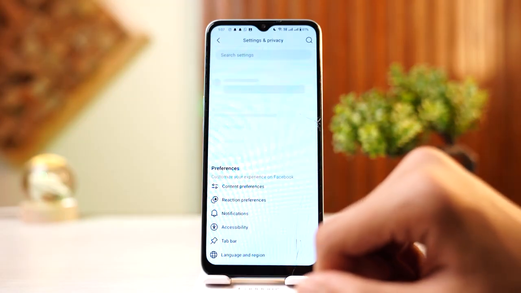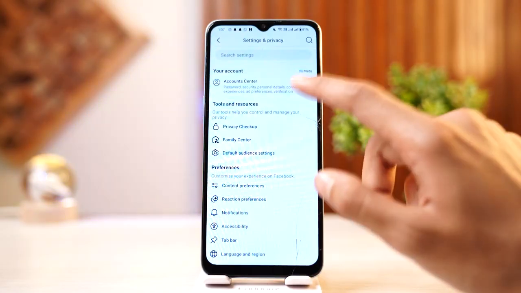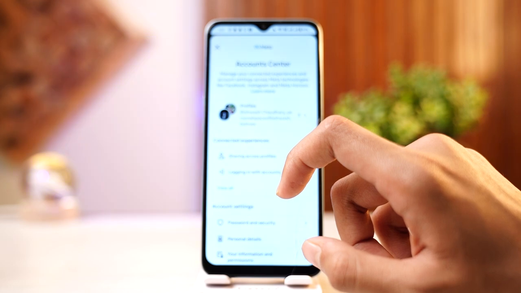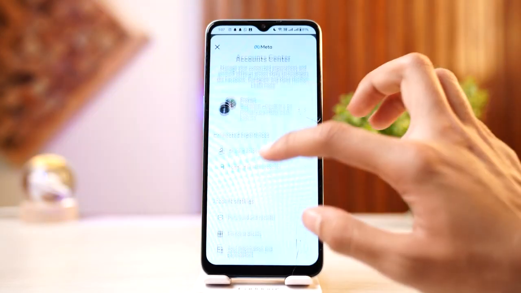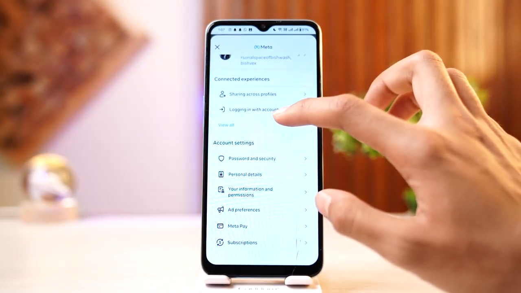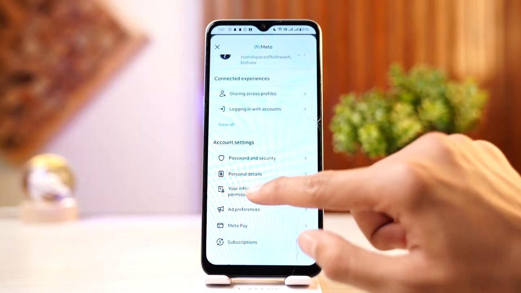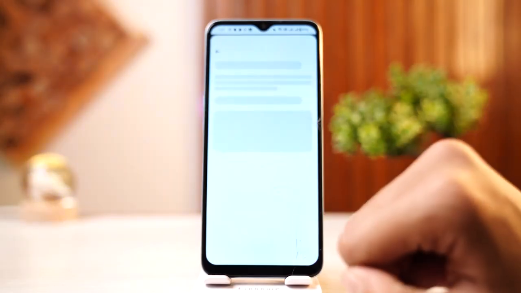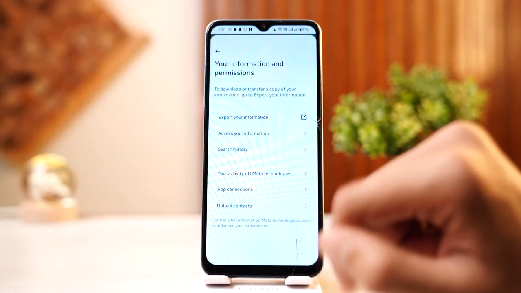Open that and go to your Accounts Center. And in this area you can see Information and Permissions. This is that. Tap there and go to your